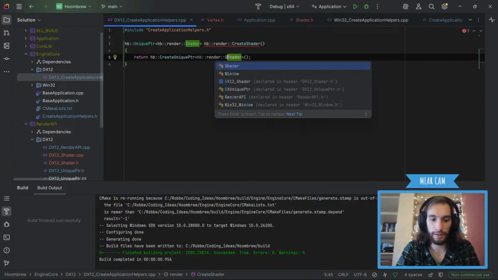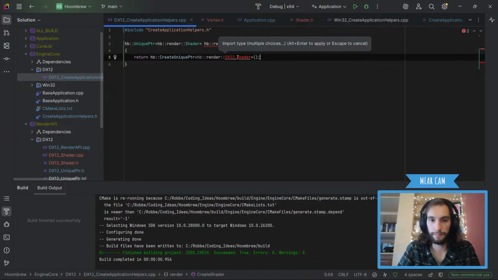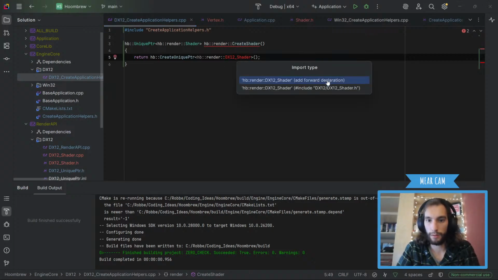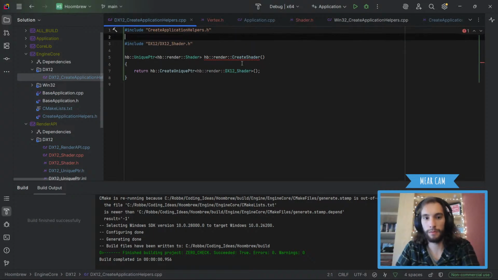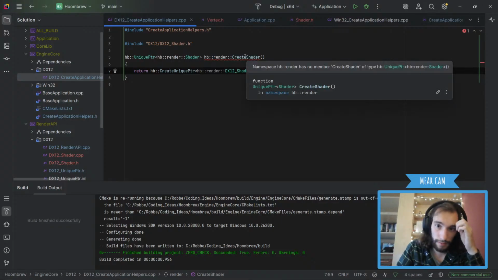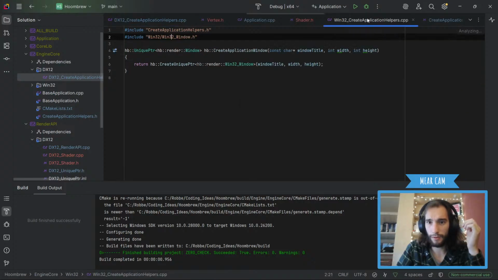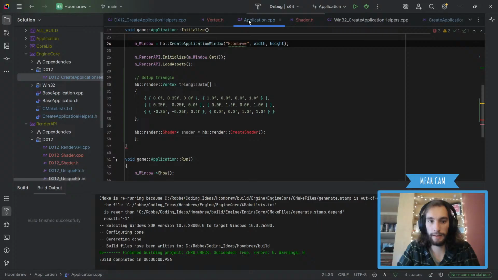We're going to use a DirectX 12 shader, and then we're going to import that with this, and we're done. And what are you complaining about? Namespace has no member. What? Yes, it does. Oh, it's just an HP. Oops. Yoink. Create shader. And then an application.